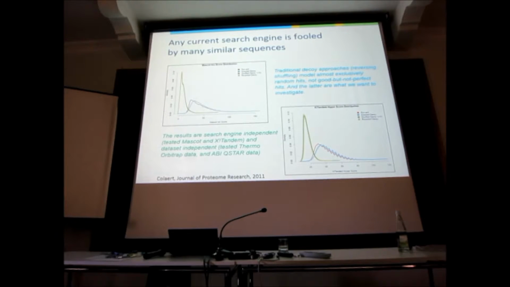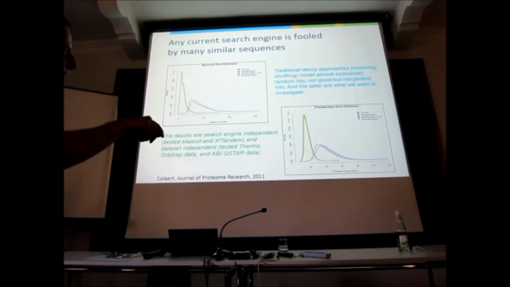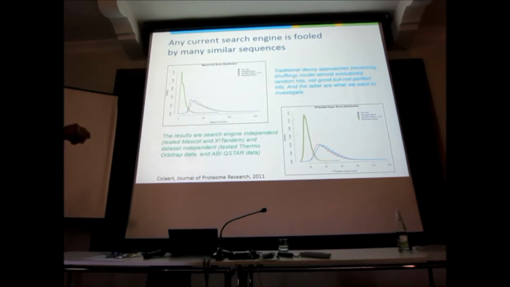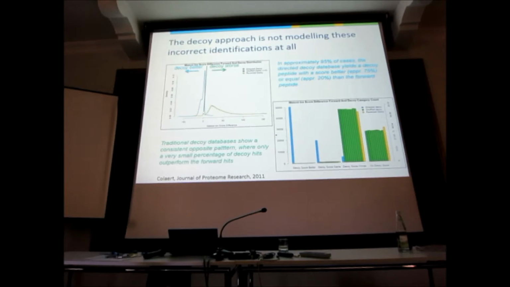Does everybody see the strange pattern in Tandem? So Tandem has this discretization in the score. Yeah? It comes from the formula of the hyperscore. So it's quite funny to see the sawtooth, which you don't have in Mascot. Although, if you look very carefully, there's a little bit of sawtooth pattern there. It has to do with the peptide length that is variable. Okay. What does that mean?